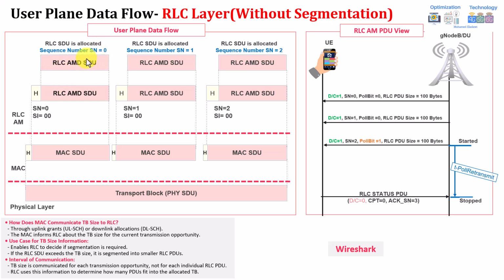So it will add the headers, including the RLC sequence number. For example, here it says sequence number 0, and SI, as highlighted before, is telling it the segment information. If it's complete SDU, it will have 0 0. If it's segmented, it will have 0 1, 1 1 or 1 0, as we highlighted in the previous one. So here it's telling it this is the first one, sequence 0, 1, 2.